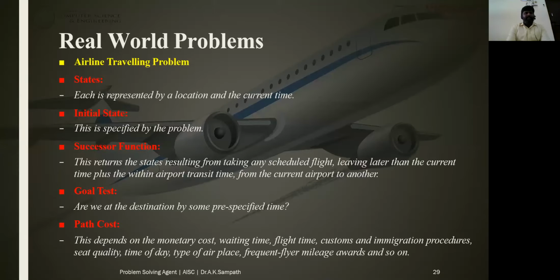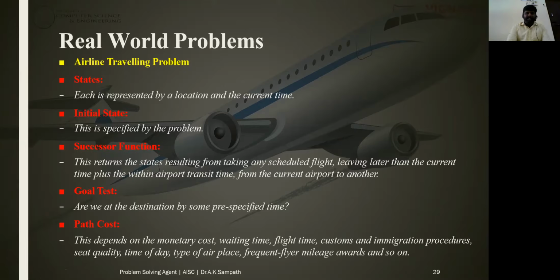Right, when we talk about the real world problem, so here if there is the airline traveling problem, in that we need to identify the initial state, as I mentioned, right? This is specific to the problem, right? Whether the flight is reaching on time, right? Again, at what time the flight will depart from this place, and then where it arrives, when it arrives, and what other successor functions, what are the intermediate airports it reaches, right? Maybe in the different intermediate cities, right? And then goal state, how quickly or how on time the flights are reaching, right?